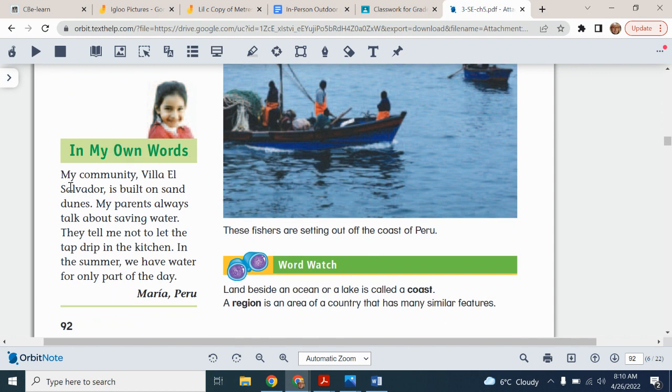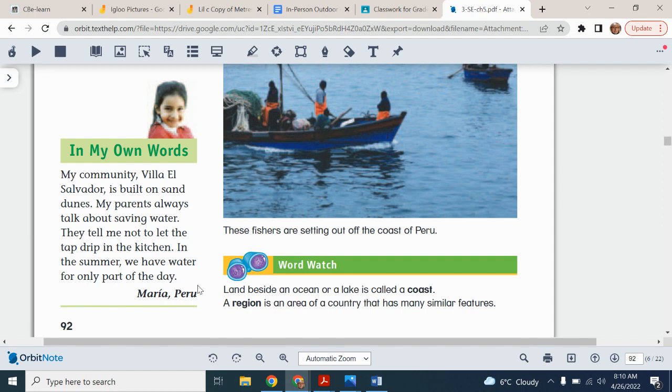In my own words, my community, Villa El Salvador, is built on sand dunes. My parents always talk about saving water. They tell me not to let the tap drip in the kitchen. In the summer, we have water for only part of the day. Water is a very important natural resource we've learned from our study in Ukraine.